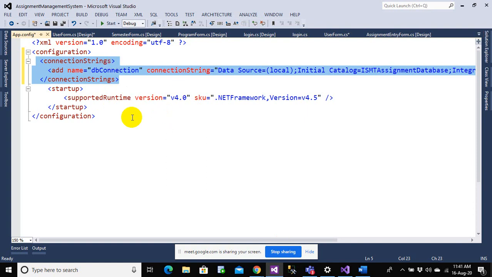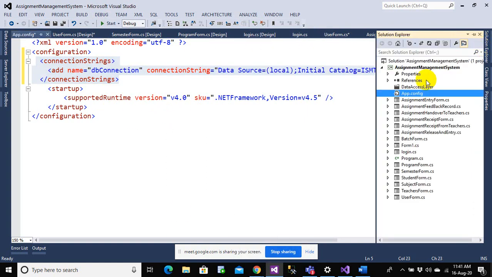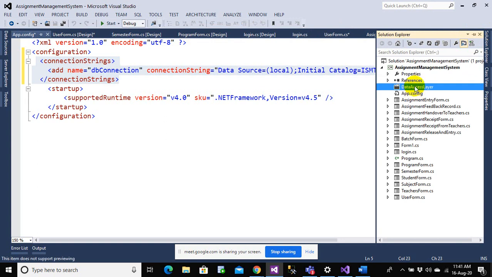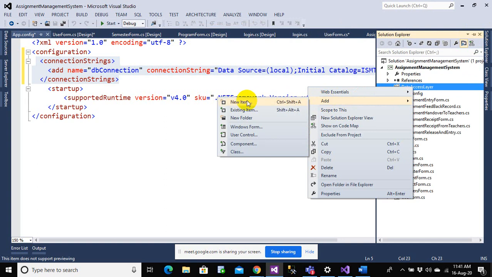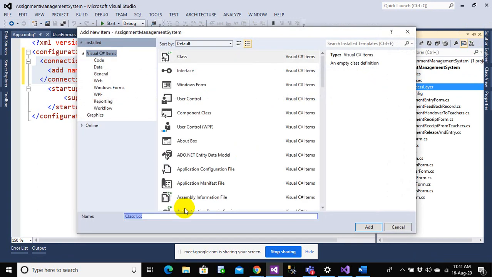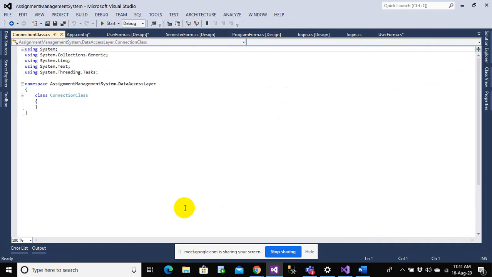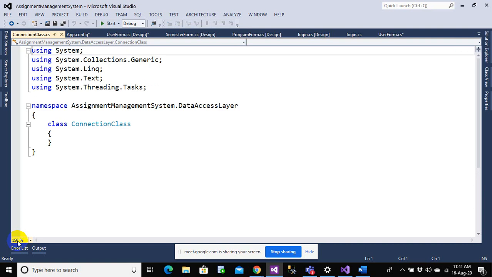Once you have done this, now we need to go to the connection class. Let us say I need to go to my data access layer, and here I'll be creating a class. I'm going to right click here, click on add, and click on new class and name this class the connection class. Once I name this a connection class, let me just make it 150% so this is visible. And I should mention, whether you make it public or private, this will be accessible throughout your project. But okay, let us leave it as it is for now.